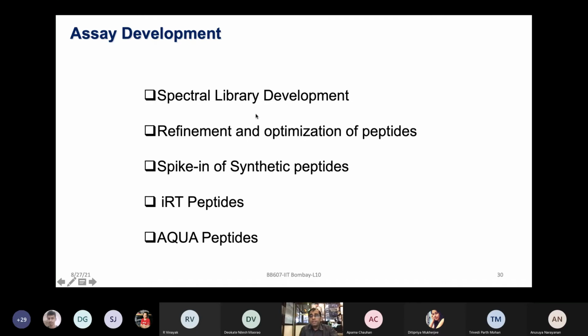And then one reaches the different types of MS-based issues of looking at spectral libraries, refining the peptides, spiking in some synthetic peptides. So if you are using, let's say, human samples, you can spike in one yeast synthetic peptide in all 100 samples. That should give you some idea of what the quantification of that peptide is across different samples. That should not change. Your human proteins and peptides will change based on the disease expression, but this should not change.